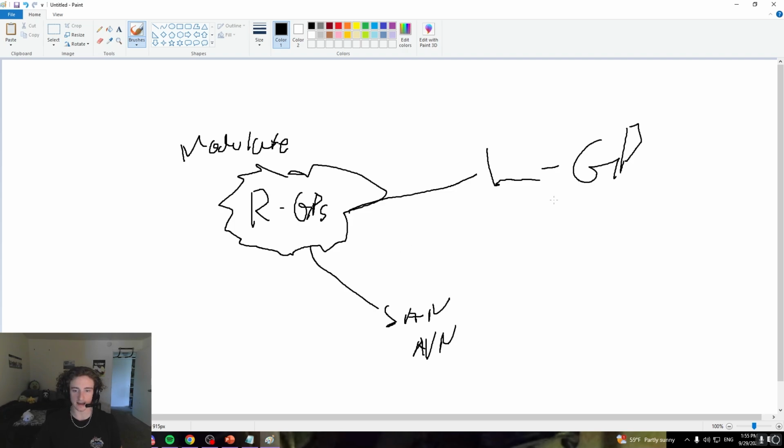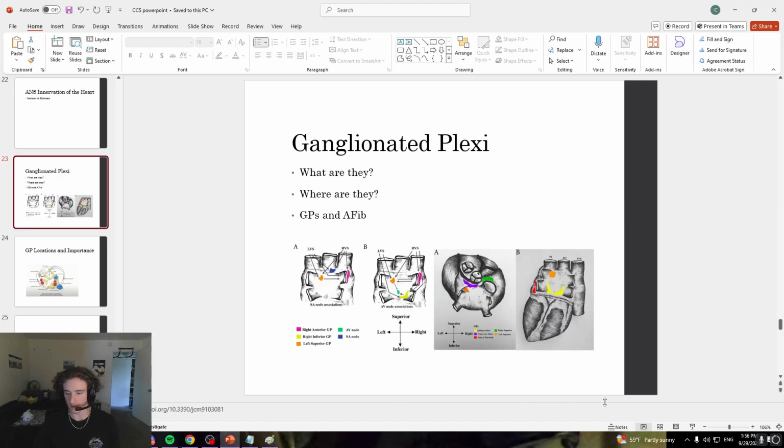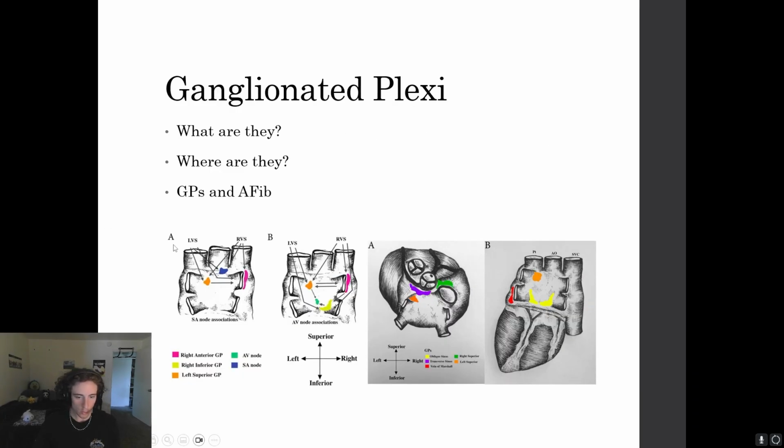So this is kind of like the pathway, right? The right GPs play a big role in modulating that input from the left. But back to the PowerPoint, we see a huge cluster of them around those pulmonary veins, right? So what's significant is the morphology of the pulmonary veins,